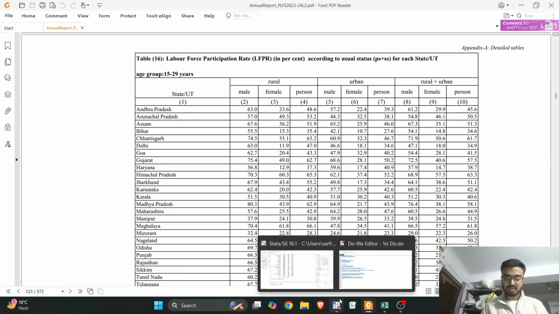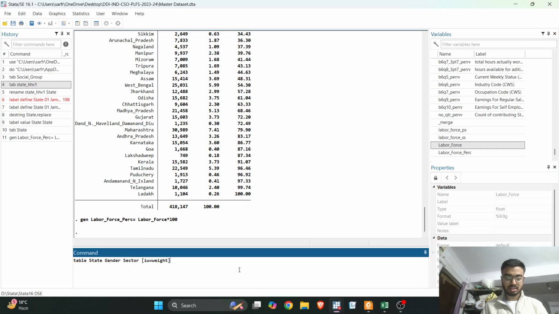So what I can do is, where is my Stata? If age is greater than equal to 15 and age is less than equal to 29,